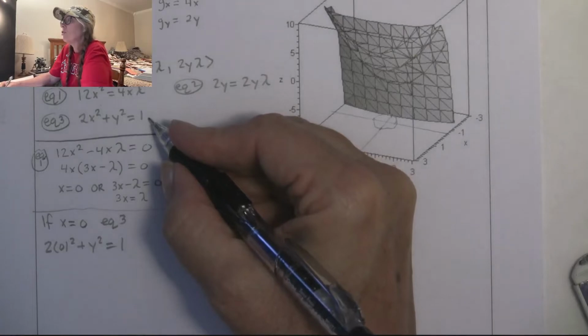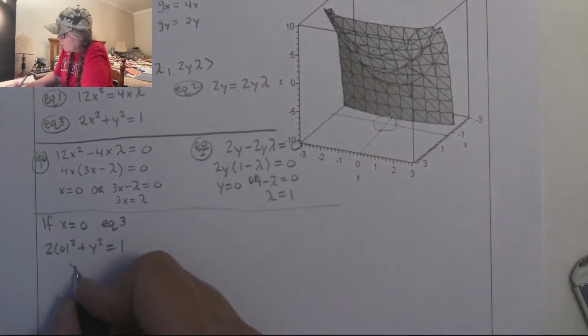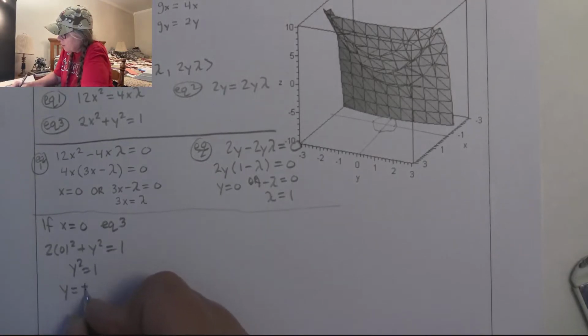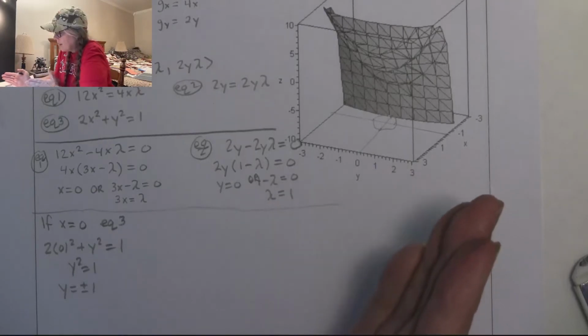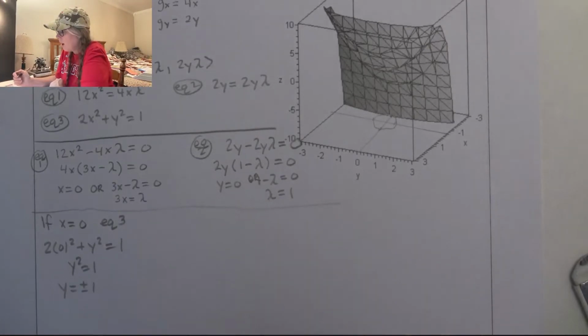So there's equation 3 right there. And I've just put in x is 0. So that gives me y squared equals 1. So that tells me that y is plus or minus 1. And so that's something that ought to satisfy all 3 of